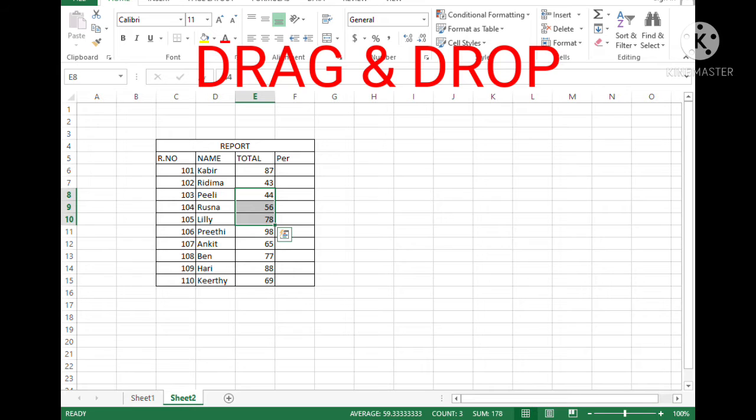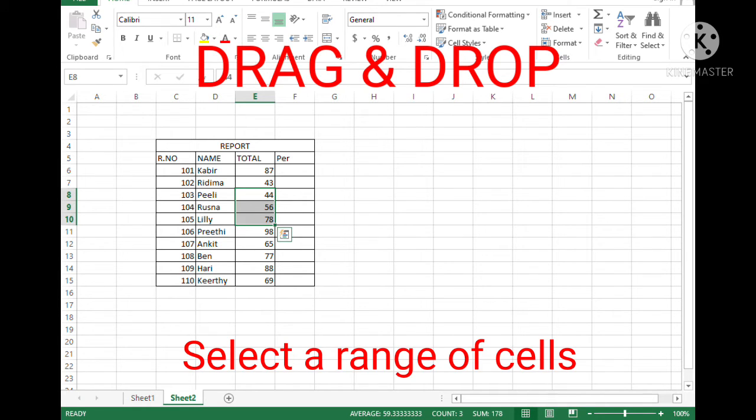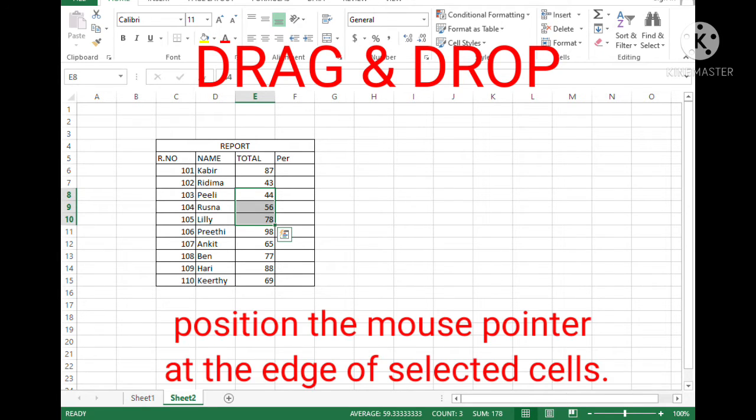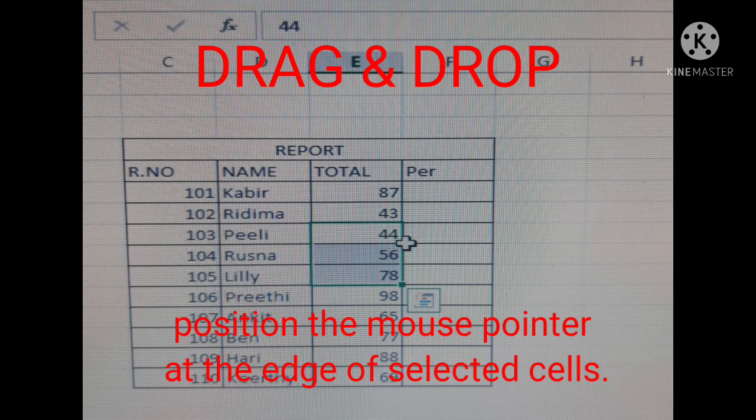First, select a cell or range of cells. Here I have selected a range of cells. Then position the mouse pointer at the edge of the selected cells.